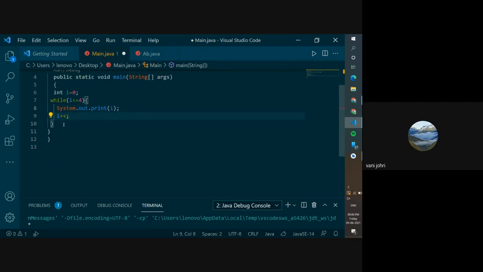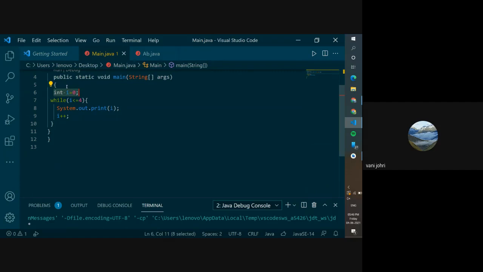So it's the same as a for loop, just the way you write it is different, and that's why it works a bit differently. You initialize it outside the loop, before it. In for, in the same line you write for, you put brackets, you initialize it, then you give the condition, and then you update it.